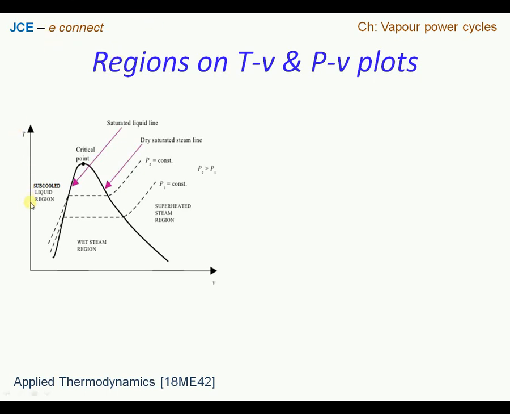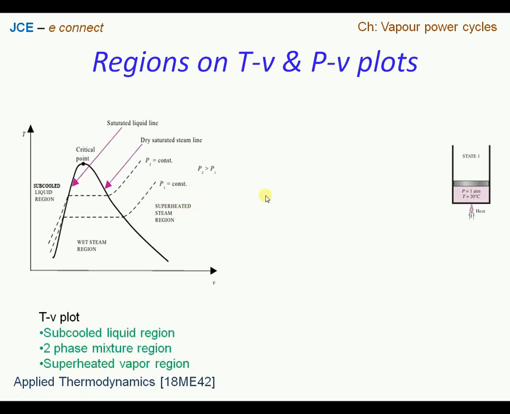And we also saw that the left side of the saturation dome is called the subcooled liquid region, if the y-axis is temperature, and then the region inside the saturation dome is called a two-phase mixture region, or sometimes it is also called the mixture region, or sometimes it is also called the vapor steam region. And then the right side of the dome, we call this the saturated vapor region.